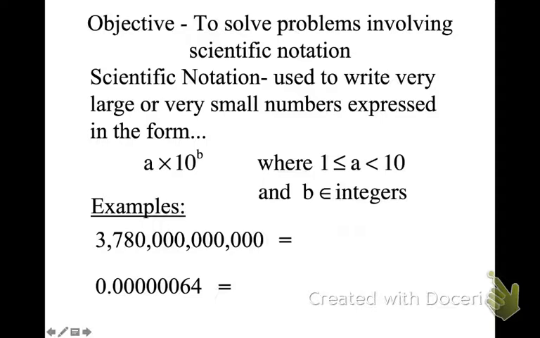And then we're going to move it. We have to make this number become a number between 1 and 10. Okay? So where would I move that number to make it a number between 1 and 10? I move the decimal between the 3 and the 7. So then what I have to do is count the number of places, not commas, but zeros or digits. So I'm going to count 1, 2, 3, and we end up going over 12 times. Okay, so then we write that number that we see, which is just right here,